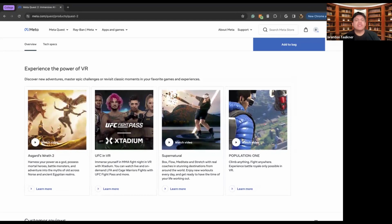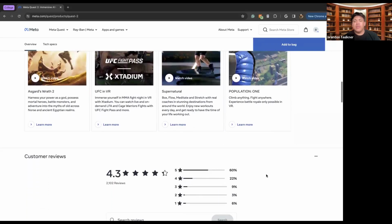And then you can experience the power of VR. So here we have a few games as well as other things like we have Asgard's Wrath 2, we have UFC in VR, so you'd be able to watch all the UFC fights in VR. There's also Supernatural, which is a boxing, flow, meditate type of stretching. This is for exercise. And then there's Population One, which is climb everything, fight everywhere, experience battle royale,